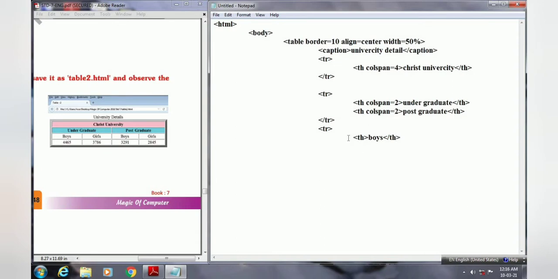Now I will use the copy paste operation, because I need to type this four times. So to save my time I am using copy, and here I will take my cursor and then paste. Right click and paste, and you can use the shortcut key also. So now I am using the shortcut key from the keyboard every time. With the tab key I am taking my cursor there and Ctrl+V. How many times do we need to paste here? Four times, because how many cells are here? Four. That is why. Now here instead of boys we need to write girls, and here also we need to write girls.